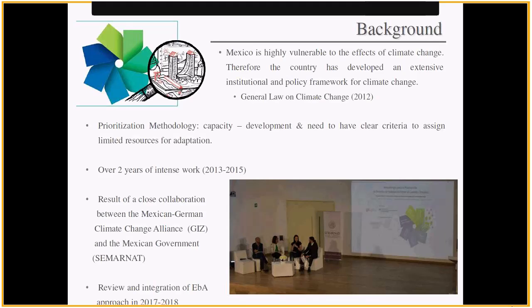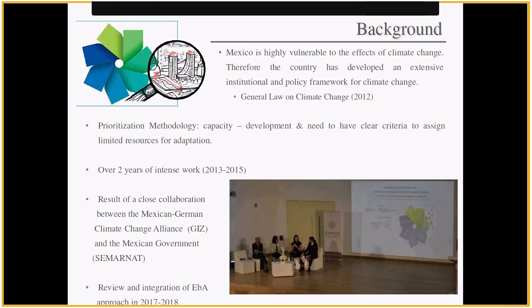This was to develop capacities and because of the need for clear criteria to assign limited resources for adaptation. Because we all know that we have limited budget and limited human resources, and the territory is so wide and big that we need to interact together in joint strategies.